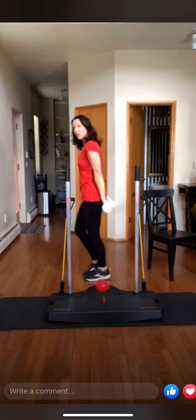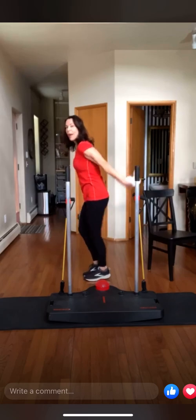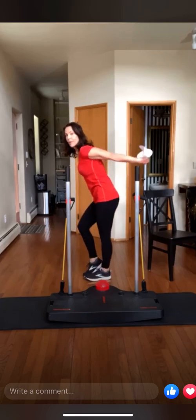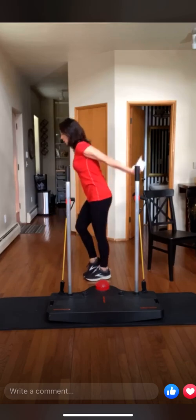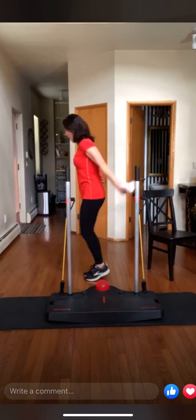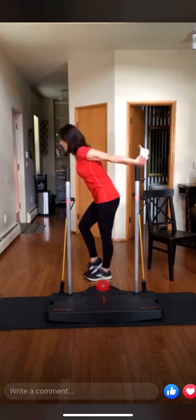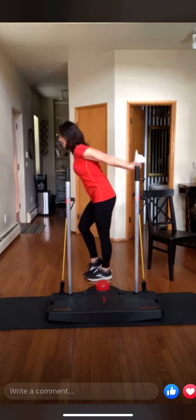Now bring the towel behind you. Palms up. Hinge forward slightly from the waist. Lift. Think about the back of that shoulder. So you're lifting with a straight arm and lengthen. Exhale up. For 8 and 7, 6, 5, 4, 3, 2,